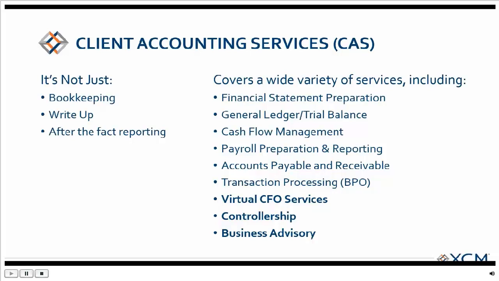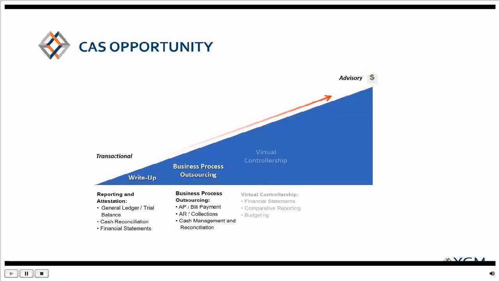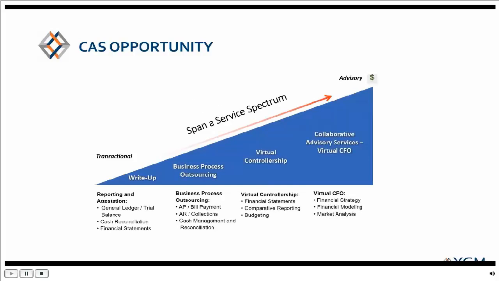Many of us are, if you're starting up a CAS firm, or maybe you're in the early stages, it's very common to not be there yet. And that's really what remote staffing helps you get to. And we're going to see that here in this visual. So where remote staffing typically falls on this spectrum is more towards the write-up and business process outsourcing at the beginning, so that we can take care of, and when I say we, I'm talking about our remote staffing solution, can take care of the write-up and really the AP, the collections efforts, cash management, reconciliation, so that you and